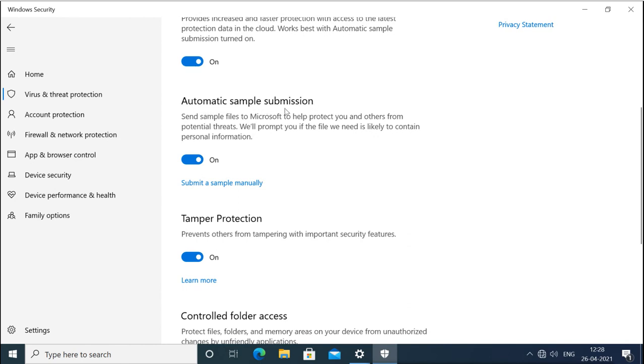Now automatic sample submission, that means if suppose a new kind of malware comes into your system, very new, that means nobody has seen that malware till now. Now if your machine detects that this software can be malware, because it is trying to do some malicious things, nobody knows about the malware, so Windows Defender will also not know about it, so there is no update for that malware. But when it tries to do some malicious things,